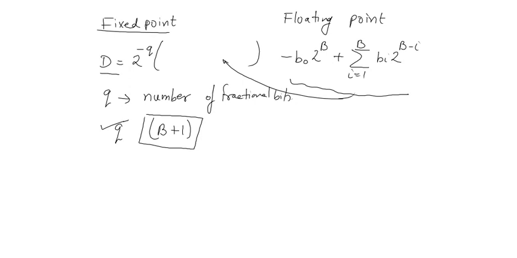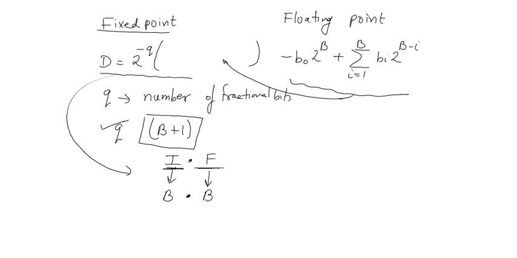From this equation we know that fixed point has some kind of structure. For example, the point is kind of fixed. You have some integer part and some fraction part. Let's say you have some number, with the integer part here and the fraction part here. You write that number in binary, and wherever the dot is, the dot will come in the same place in the binary.